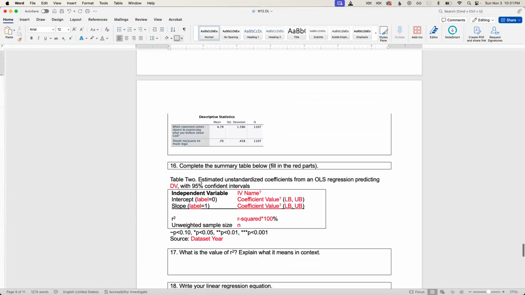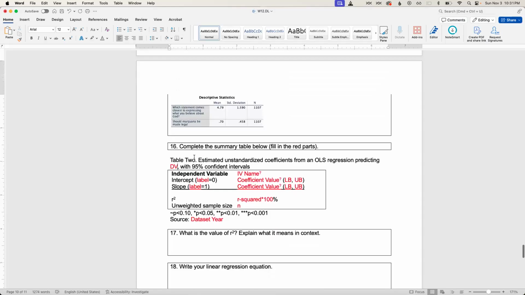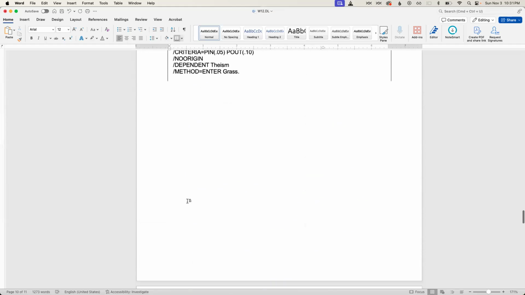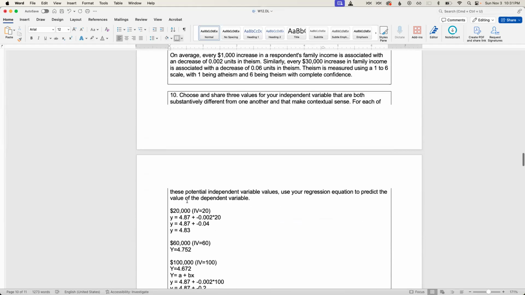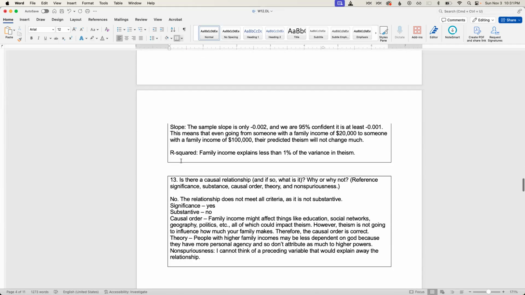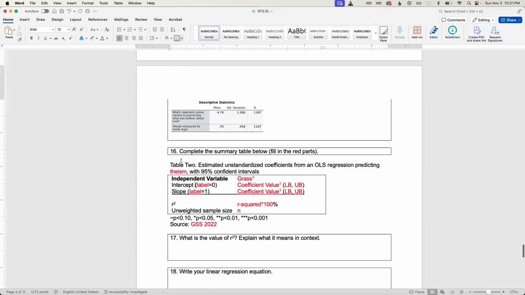Okay, so we're going to fill out our table. So again, this is predicting theism. Our independent variable here is grass. And then our data set is still GSS 2022. And we're going to fill out everything the same except for this thing. So this looks a little different here. Before we had intercept and slope, but we didn't put labels on them of what they mean. You can see it just says intercept and slope. But now, right, it's just 0 or 1. And so